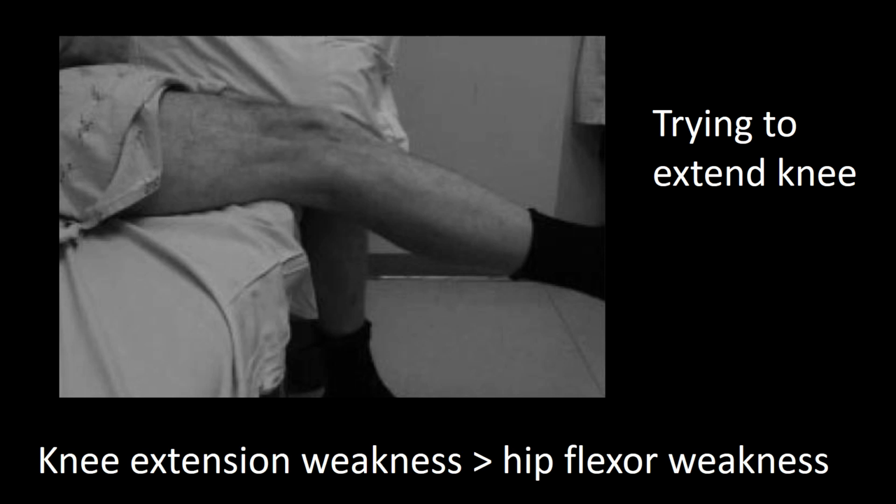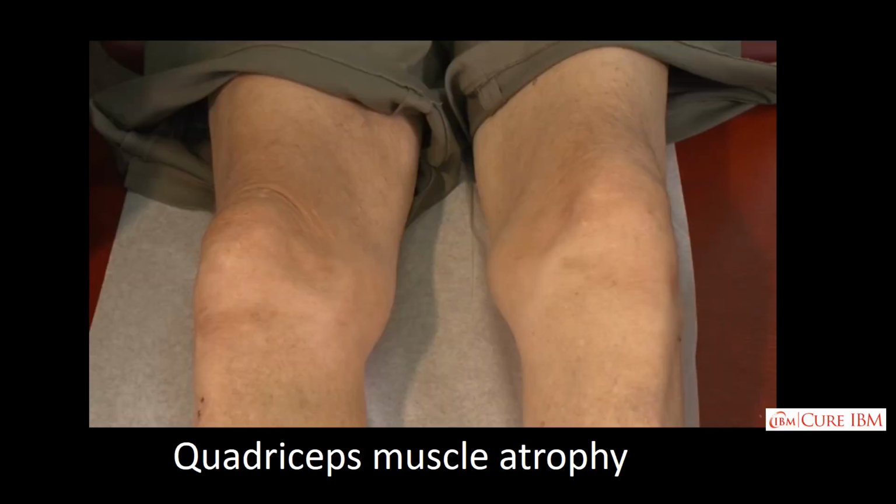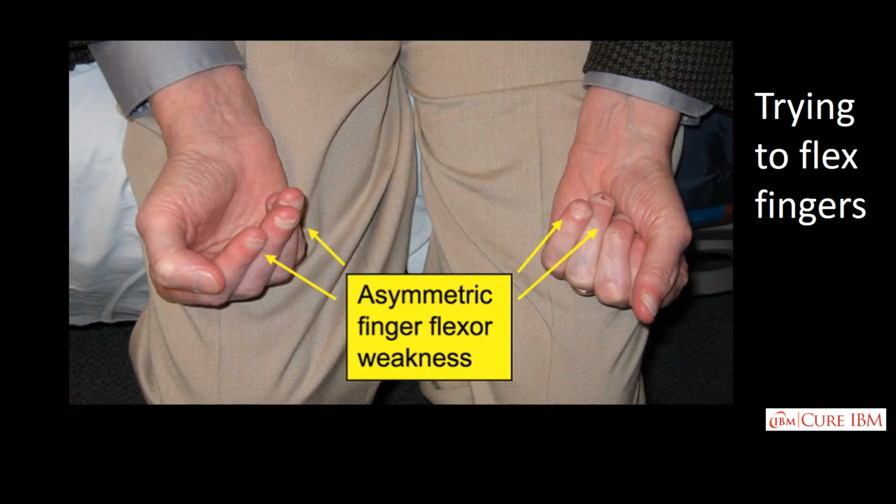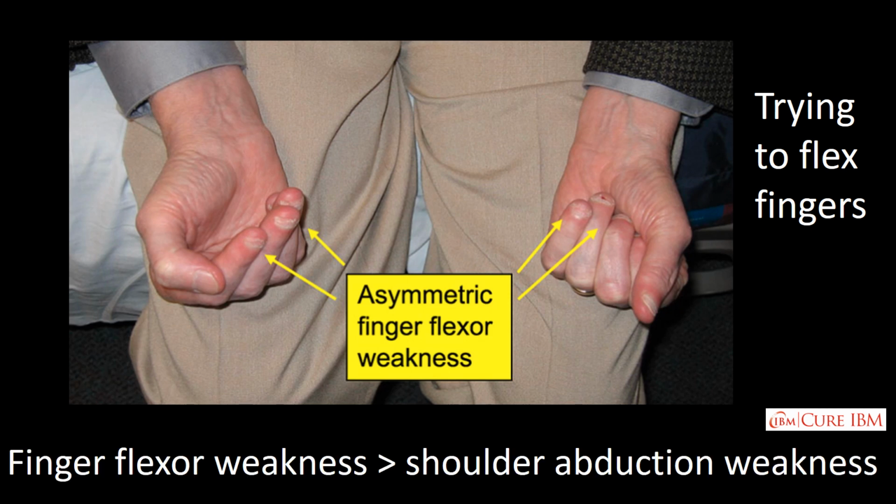Remember that one of the clinical criteria for IBM was knee extension weakness, an action carried out by the quadriceps, being more pronounced than hip flexor weakness. In this frame, you can see the significant amount of quadricep atrophy that some of these patients have. In this new frame, you can see asymmetrical finger flexion weakness. Remember that another one of the clinical criteria for this condition is finger flexor weakness more pronounced than shoulder abduction